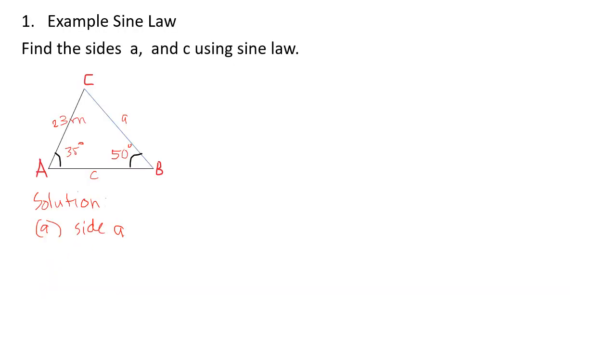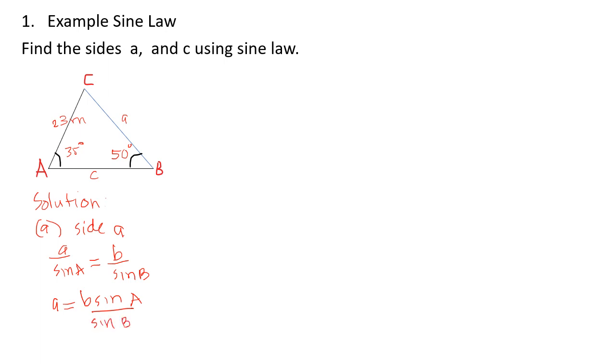Example, sine law. Find the sides a and c using sine law from this triangle. So solution, you have side a. For side a, you have a over sine A equals b over sine B, or a equals b sine A over sine B,